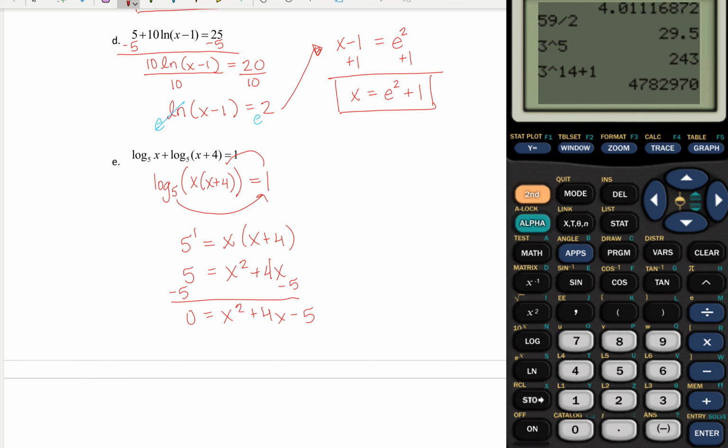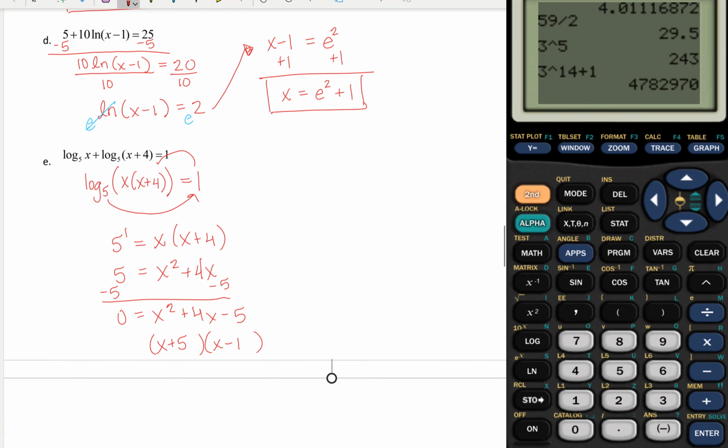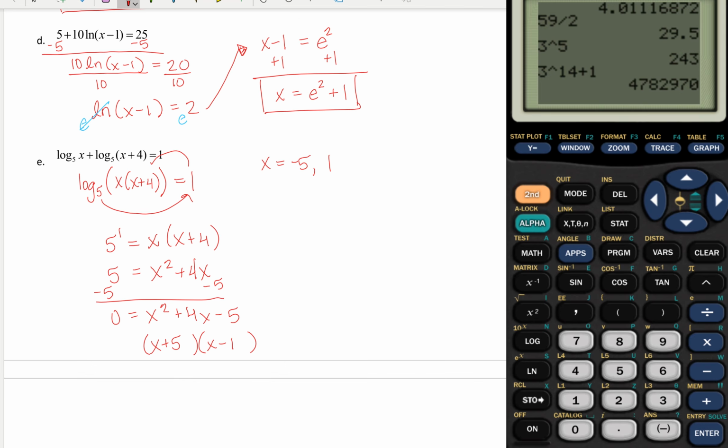I'm going to actually have to factor this. I'm going to go, what times what gives me a negative 5, but adds to be a 4? Well, that's going to be x plus 5 and x minus 1. So when I solve, I get x equals negative 5 and positive 1. But I always have to plug it in and check. And a good rule of thumb is if you plug your x back in and your logarithm gets an answer of negative 5 or a